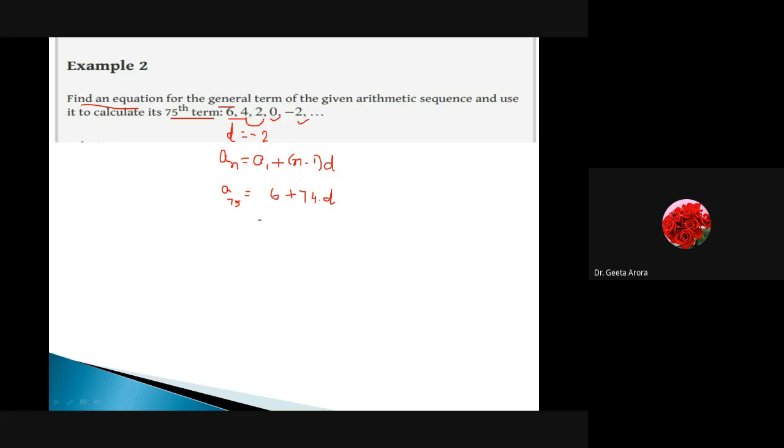And if we are talking about here, I have to use the common difference and find out the 75th term. Some of you have started giving me an answer. Let's wait for others to give. Only Sumit and Gagandeep have given me, but all others try to give an answer. And be sure whether the answer is negative or positive, because if you write a positive answer and the answer is actually negative, it is a wrong answer. Gagandeep, check your answer, beta. Is it positive or negative?